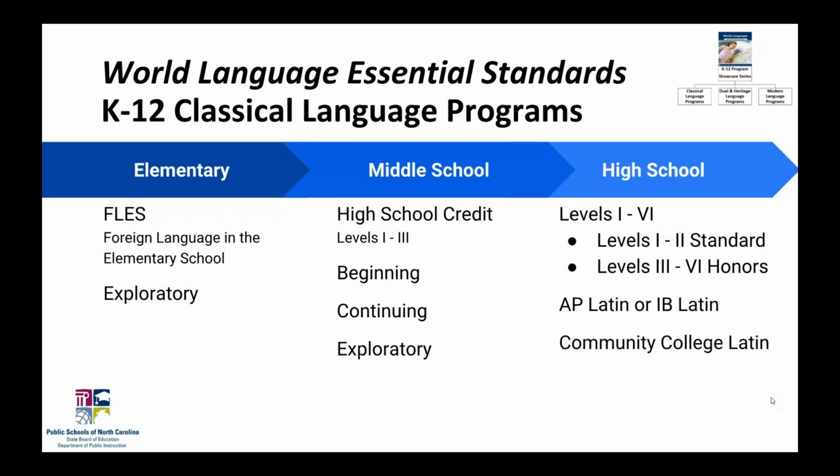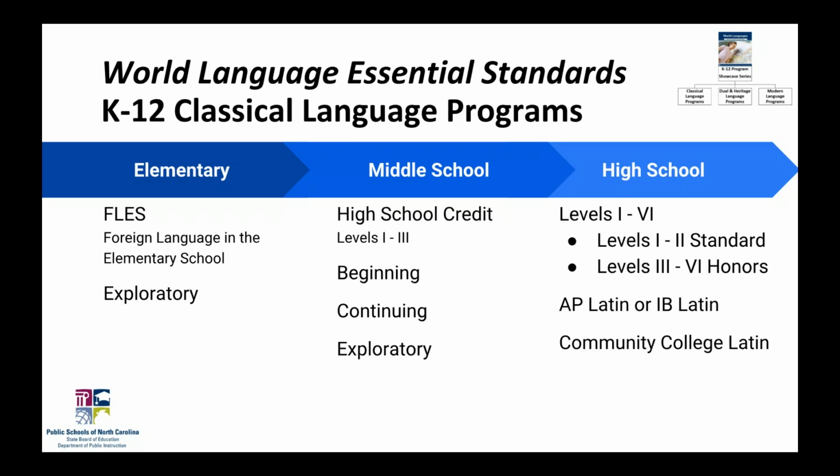On this next slide, we have an overview of our K-12 classical language programs within our state standards. This version of our state standards, which went into effect starting in the fall of 2012, was the first set that had K-12 for classical languages. Prior to that, our state standards had included usually just secondary level classical language study, and sometimes it was specific to Latin. So it was a real advance to have a K-12 sequence available for all classical languages, and to expand from just Latin, but to include all classical languages such as ancient Greek or Sanskrit that might be taught in the classical way, and to also involve the study of the classics in general and civilizations as part of that work.